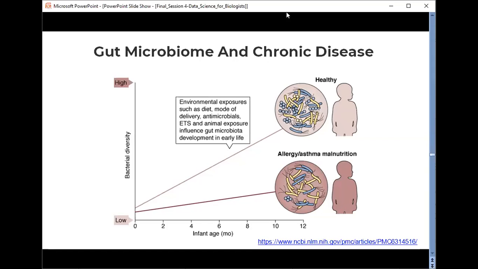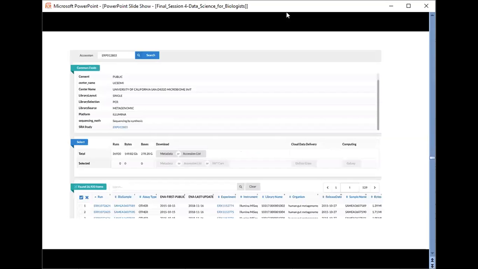Here we have taken a sample from the American Gut Project. So let's go over to the T1 platform and run a metagenomics pipeline. Here we have taken one sample from the American Gut Project.